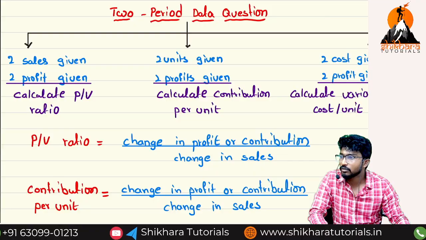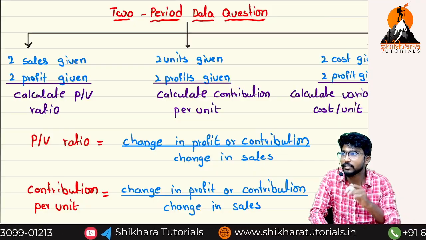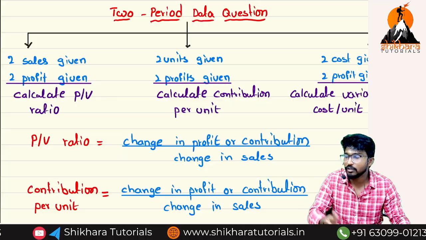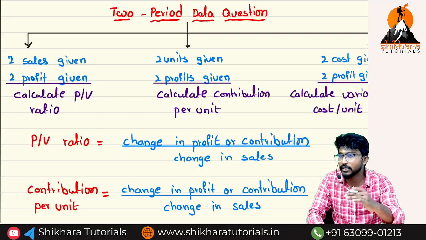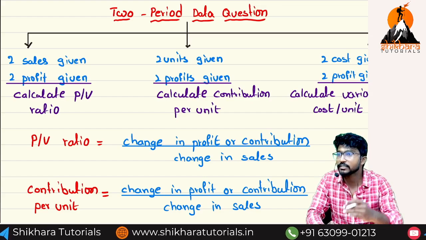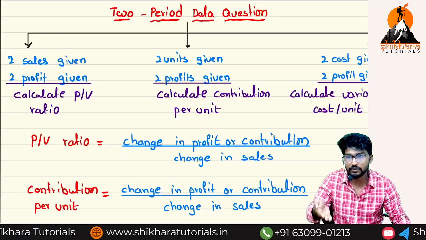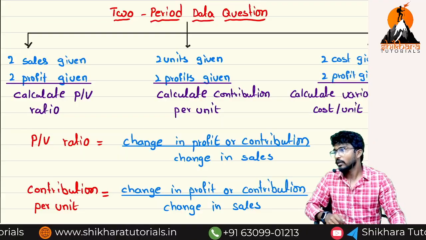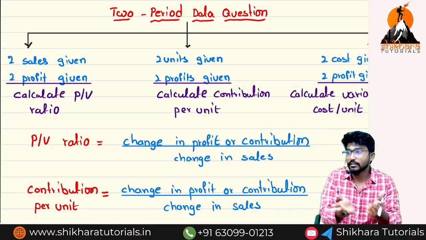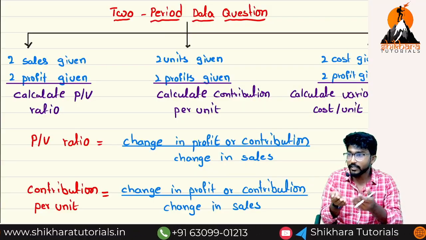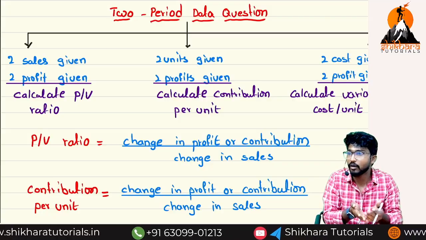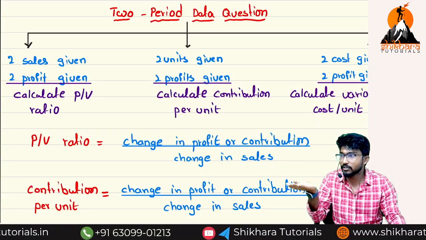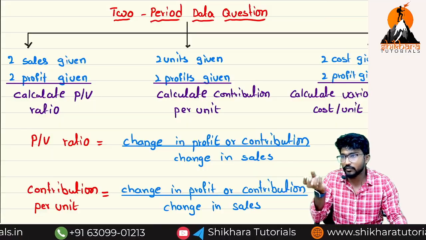What is the profit amount? 5 lakhs only. If contribution increased from 10 lakhs to 15 lakhs, then what is the fixed cost amount? 5 lakhs only. Now, the entire contribution is increased and the entire profit is also increased. After recovering the fixed cost, whatever contribution you are getting will be equal to your profit only. Now, at 10 lakhs, your contribution, your fixed cost is 5 lakhs and profit is 5